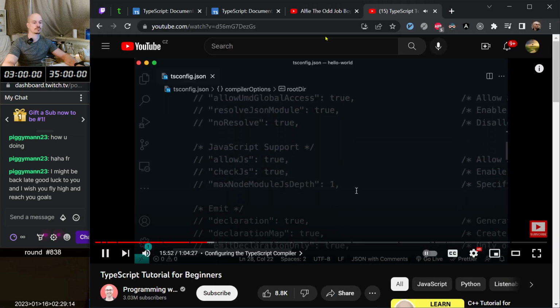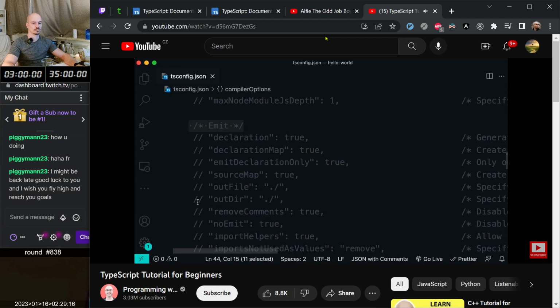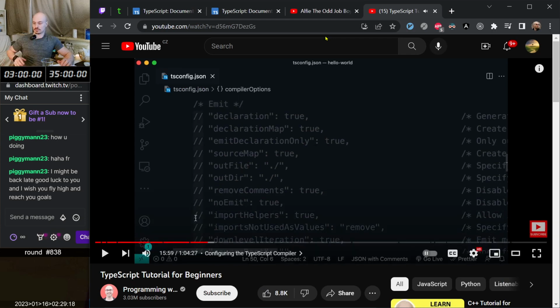Similar setting here under the emit section. That setting is called outDir, and this specifies